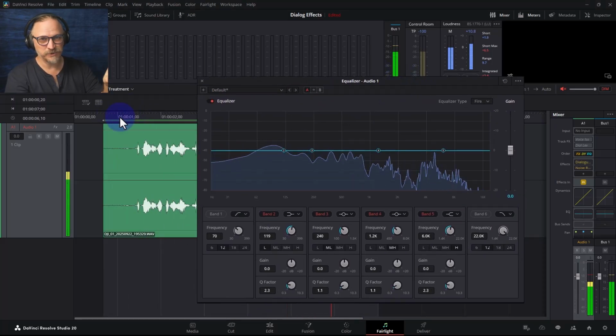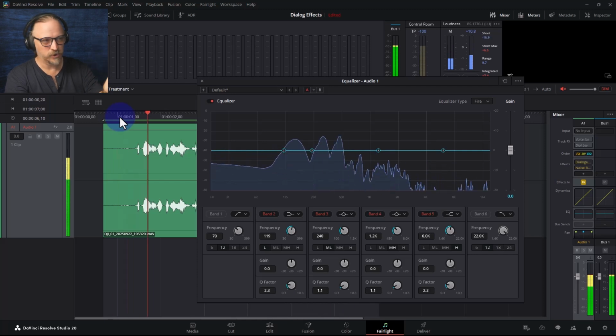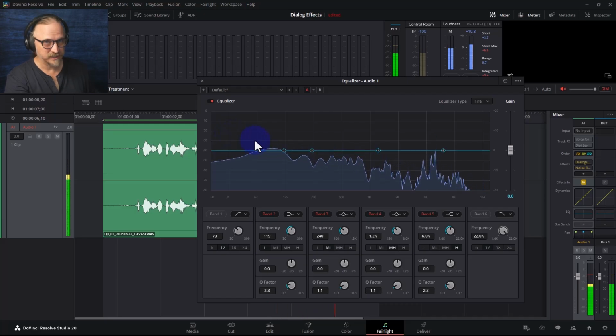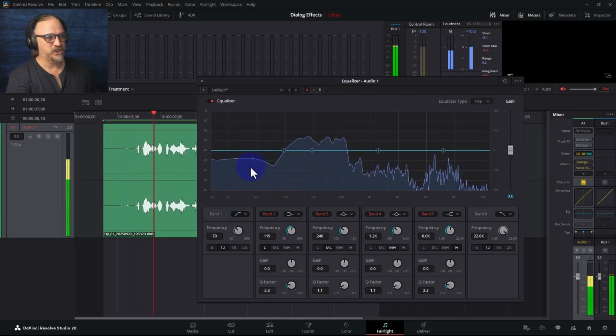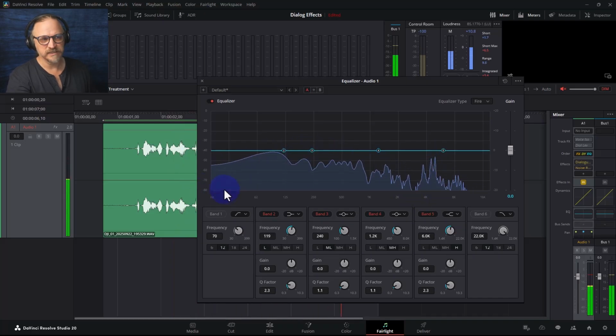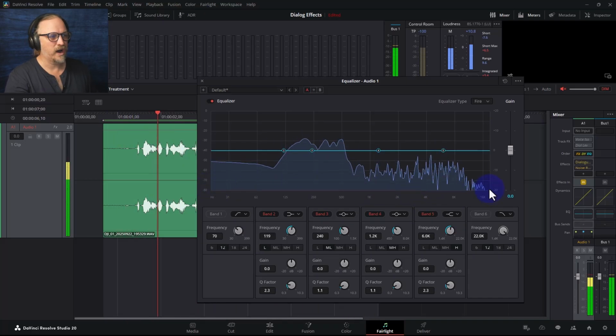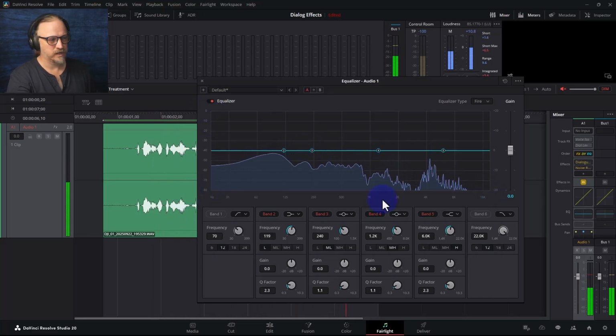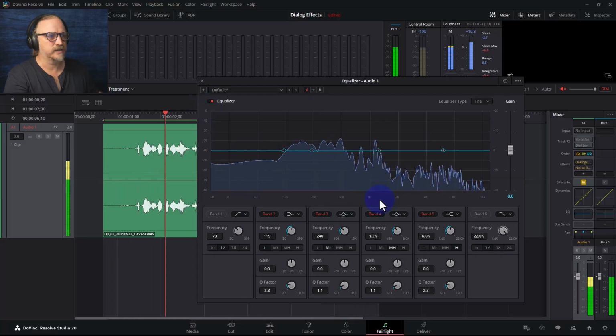If you play the sound, you get a frequency spectrum preview. So this solid line across the center here is what the EQ is doing to the sound, and this shaded area is the sound itself. Now this scale is low frequencies, bass frequencies, to high frequencies, low volume to high volume. So it's this kind of chart that you're looking at here.